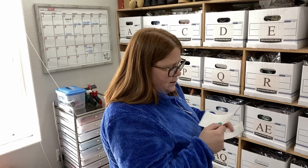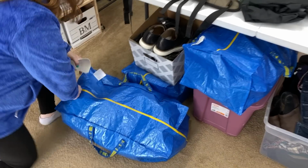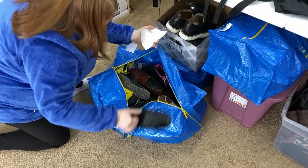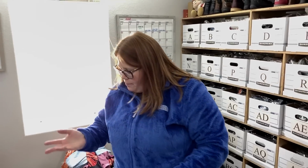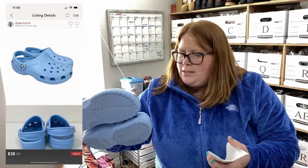All right. Oh, so I think I sold like 3 pairs of shoes that are in these blue bags. I grabbed them before we started, but I forgot. All right, so yeah, I sold 3 pairs that I pretty much just listed yesterday. So the ones that I first have here are these Crocs. I averaged my cost of goods this day, so I do have $8.31 into these, and